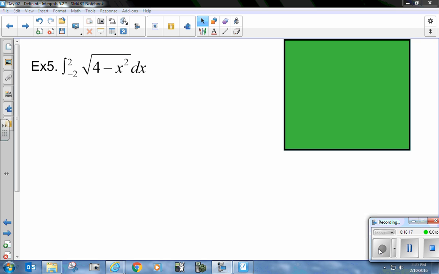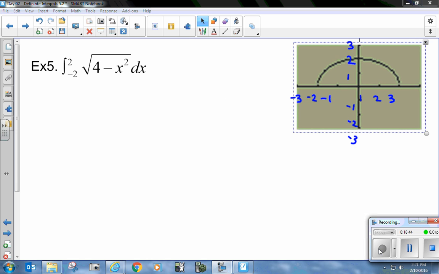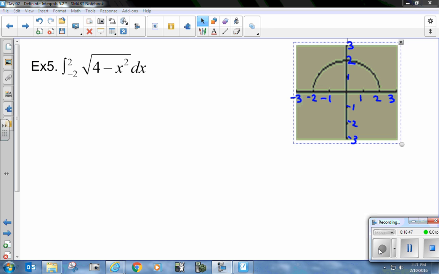This doesn't seem obvious that it's a shape, but if I graph it, it's half a circle. Obviously I made this window 3 by 3, so it's a square instead of a rectangle like on your calculator screen. If it was a rectangle, it kind of looked like that, which is weird. But when you straighten it out to make it a perfect square, it looks like a perfect square. So all I'm going to do to find this area under the curve,